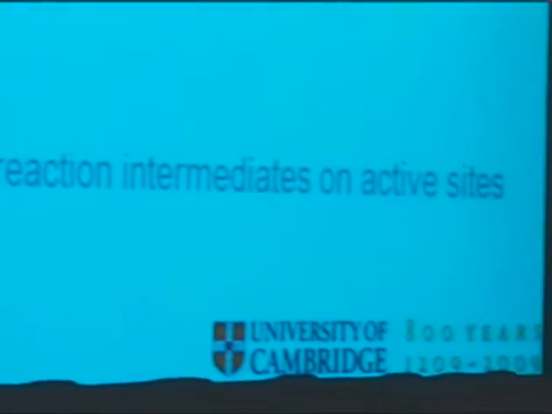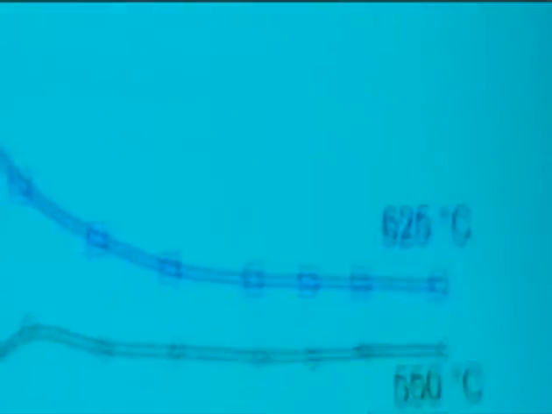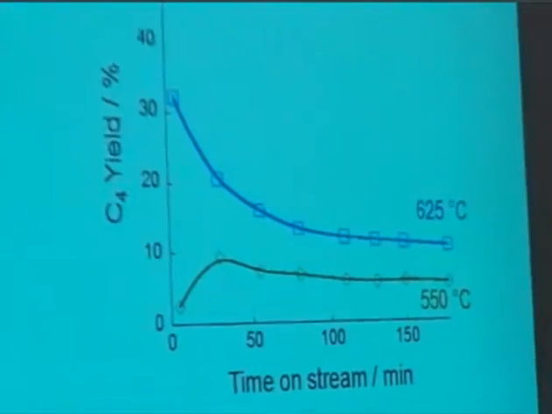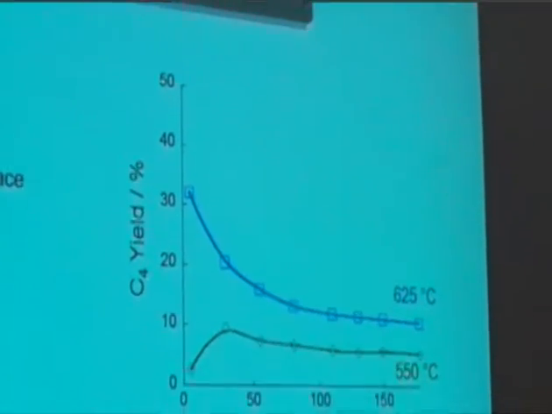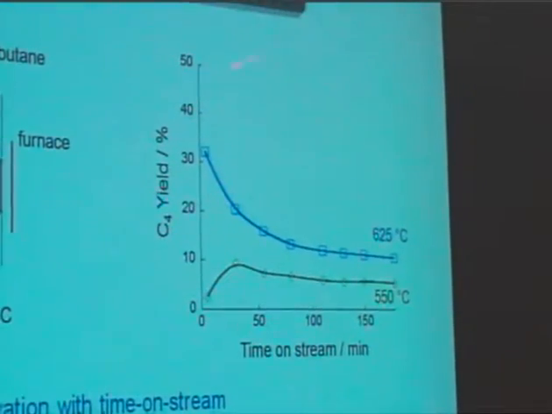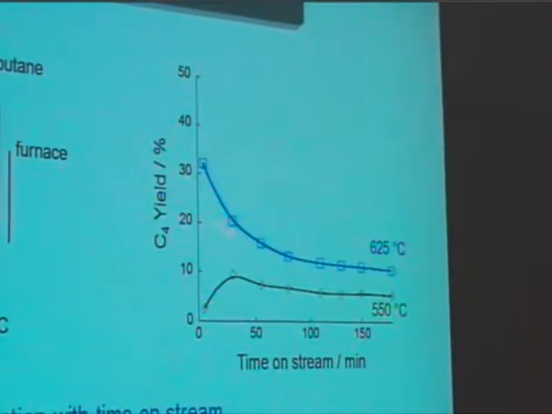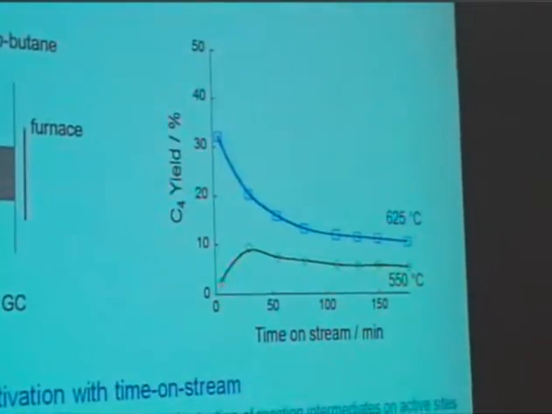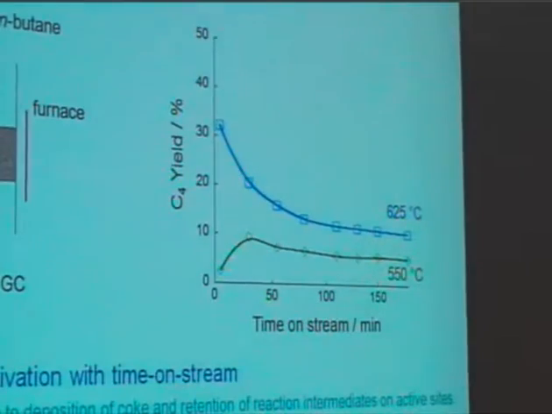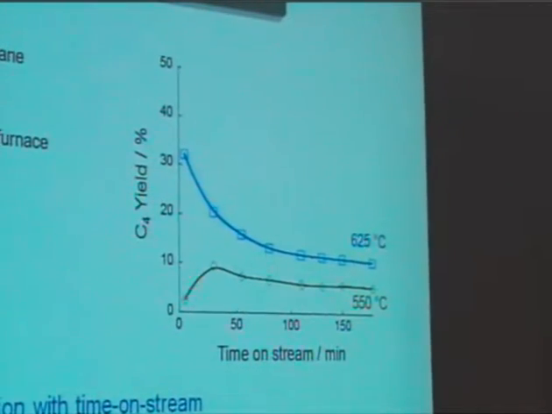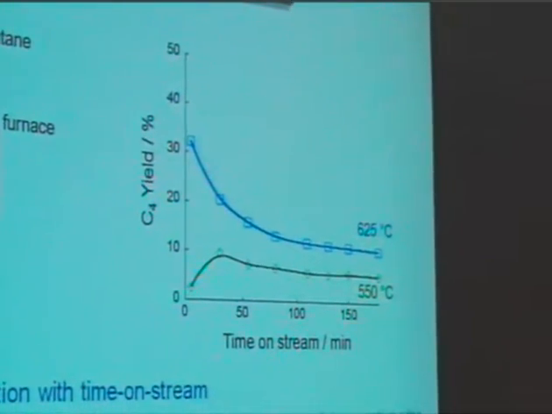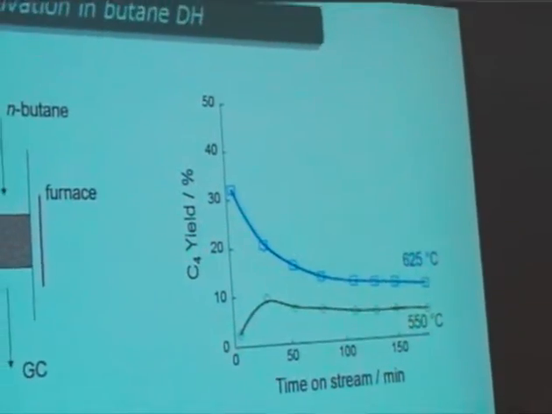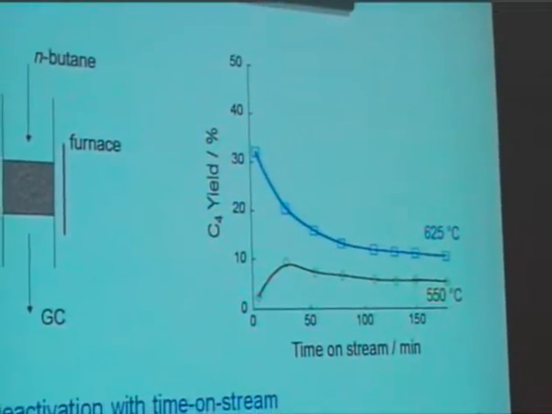So these are going to be our butenes and our butadienes as a function of time on stream at 550 and 625 degrees Celsius. And what we see in both cases there is exactly as we'd expect, deactivation of the catalyst as a function of time on stream. And this is going to be due to the deposition of coke on the catalyst and the retention of these tightly bound reaction intermediates that I was mentioning before. I've put up yield here, equally I could put up cell activity or conversion, and we've just seen a similar